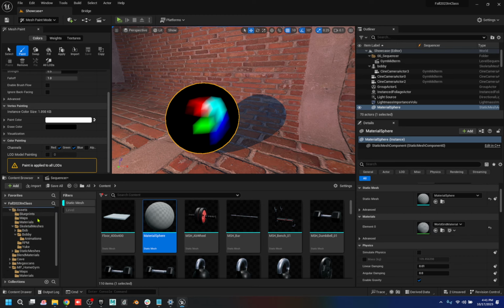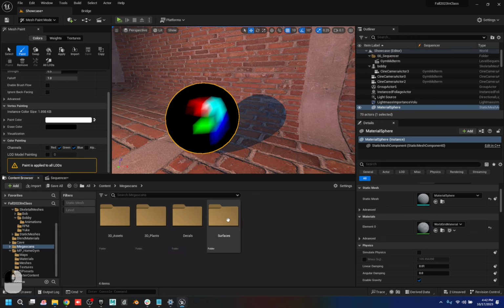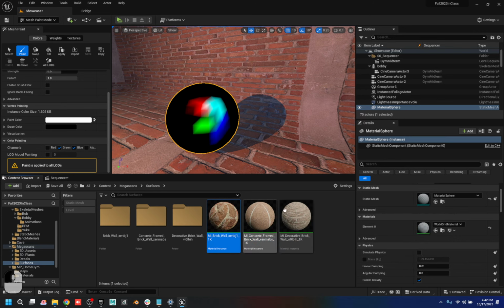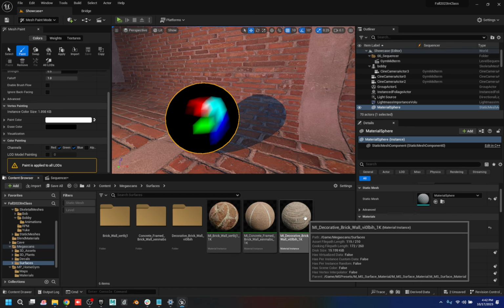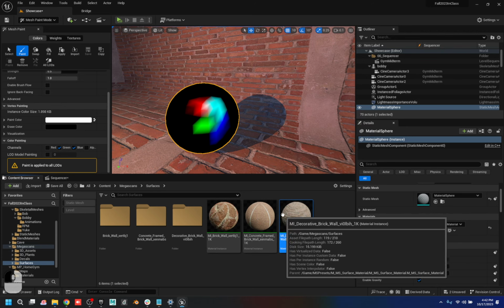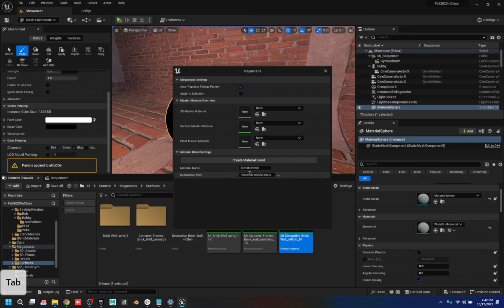So let's do, I already did it once, but if we go to Megascans and look at our surfaces, I said I'd like to keep my surfaces here in the top level. Whichever one you choose first is the one that's going to be on top. So I'm going to choose maybe this one. Actually, what I'm going to do is choose this one first, and then I'm going to go back to this, create material blend. It's going to be in the folder called material blends, and I'm going to call this demo midterm. Create it,